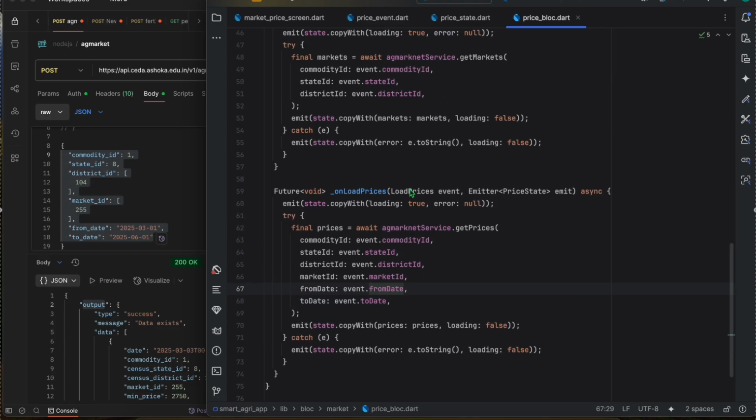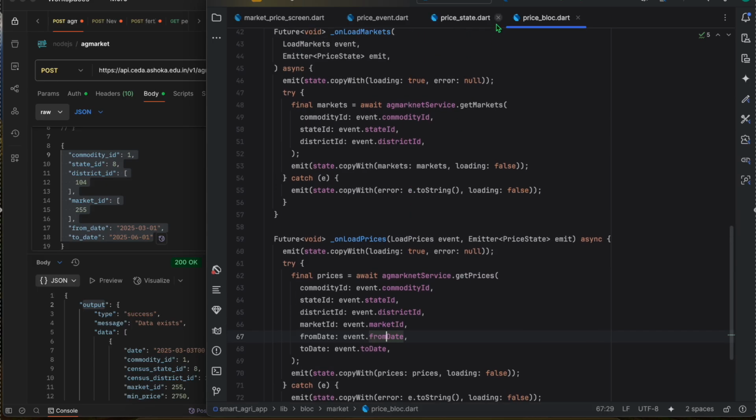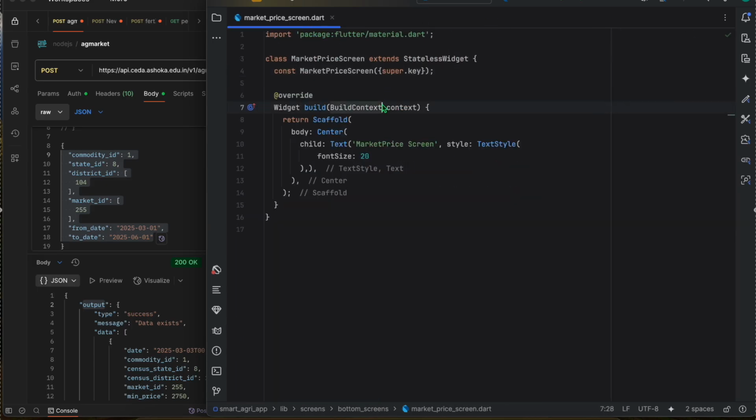Okay, my block is done. I already did the state block and the API services. Now coming back to my